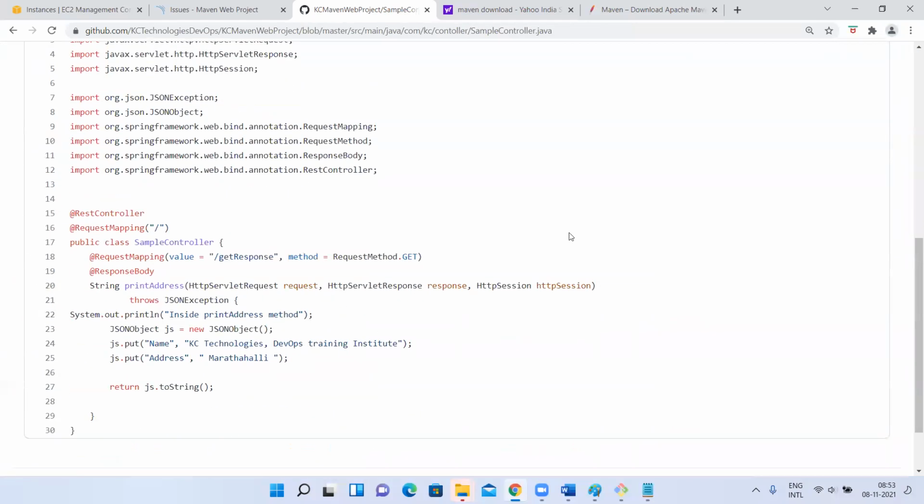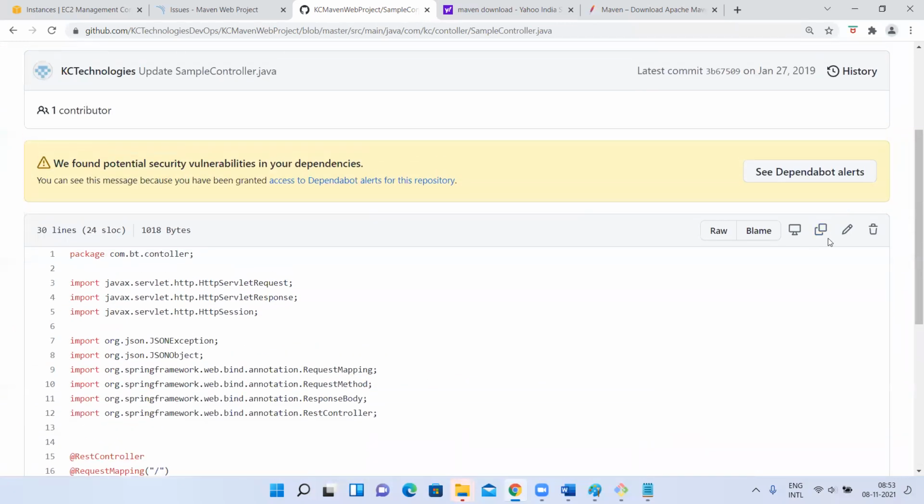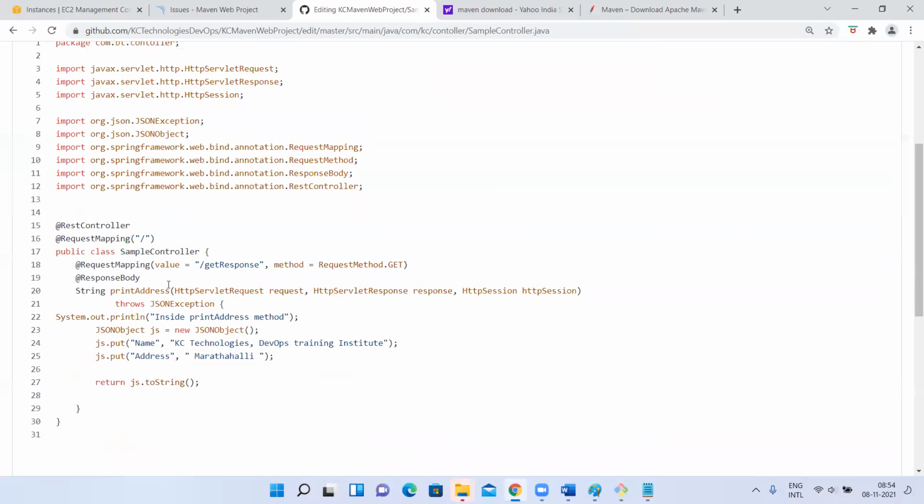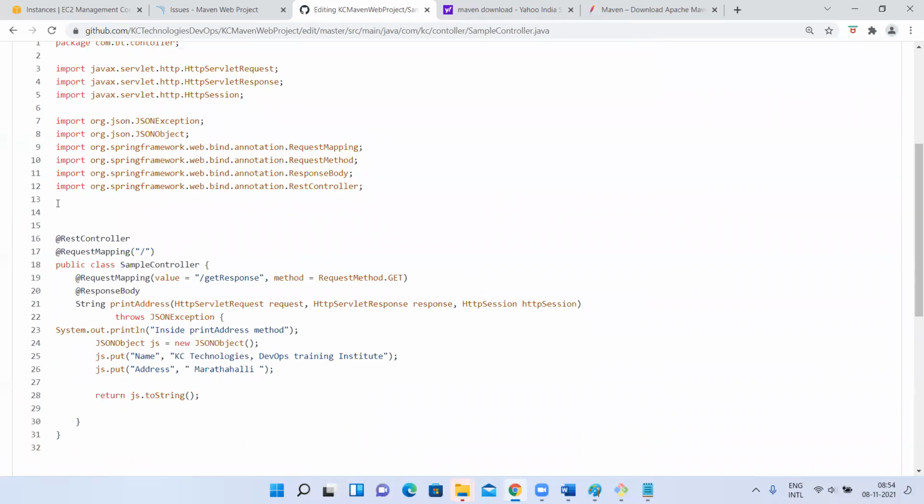For example, what I'll do is I'll add a few unnecessary comments here. You know comments in Java.